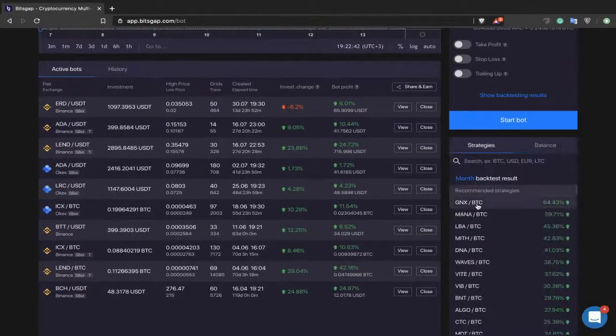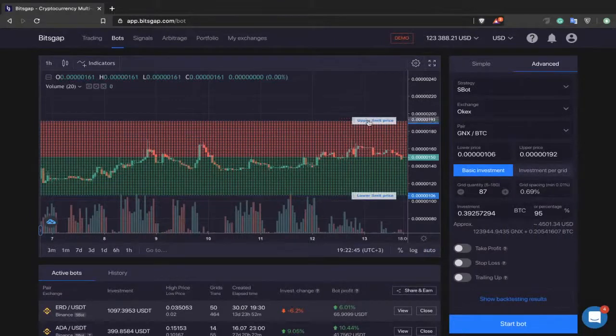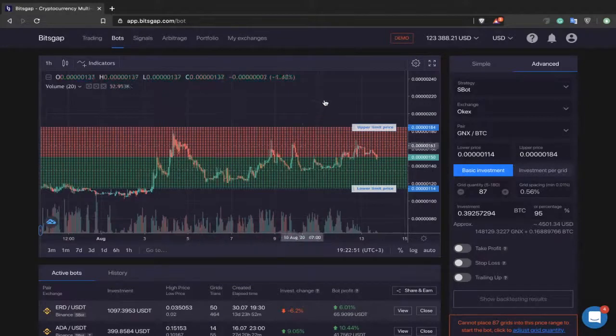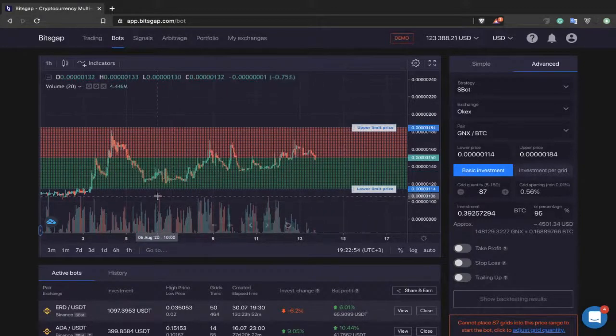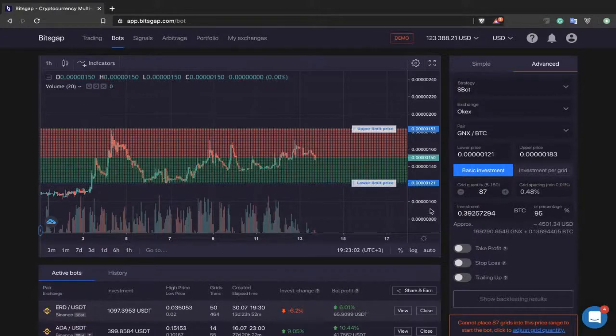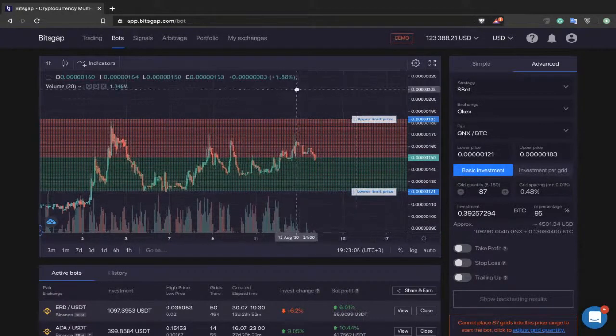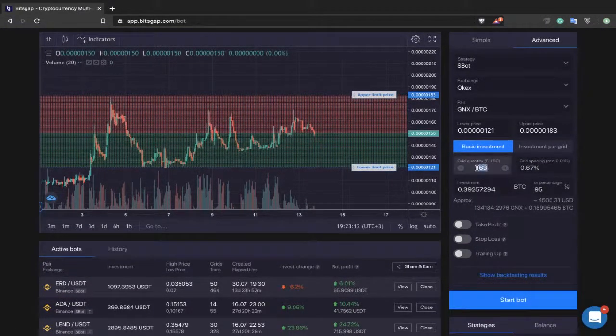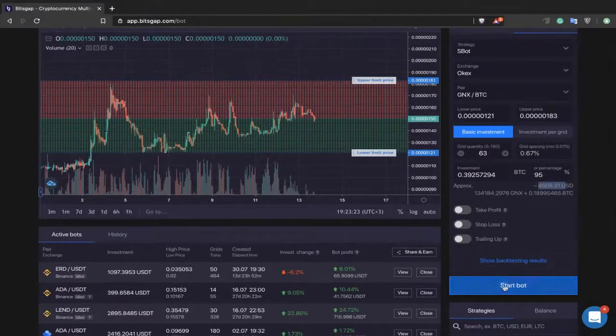Let's use strategies, GNX trading to Bitcoin. Quickly, let's use this one, already defined. You see, it's almost a perfect sideways market. So this configuration looks perfect for me. It is trading from the support level up to the resistance level. And actually it has plotted this trading configuration almost automatically. I just have to make some tiny changes here. So I will adjust. So you see now I can initiate this bot with 63 grid levels. This is my total investment amount. That's exactly 4,500 USDT. So if I click on start,